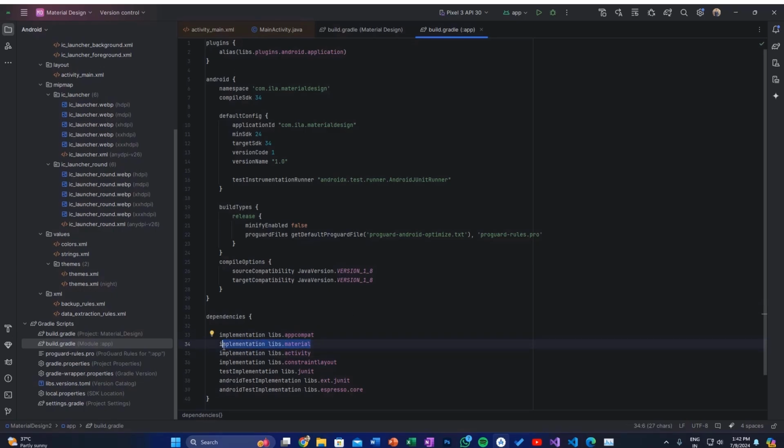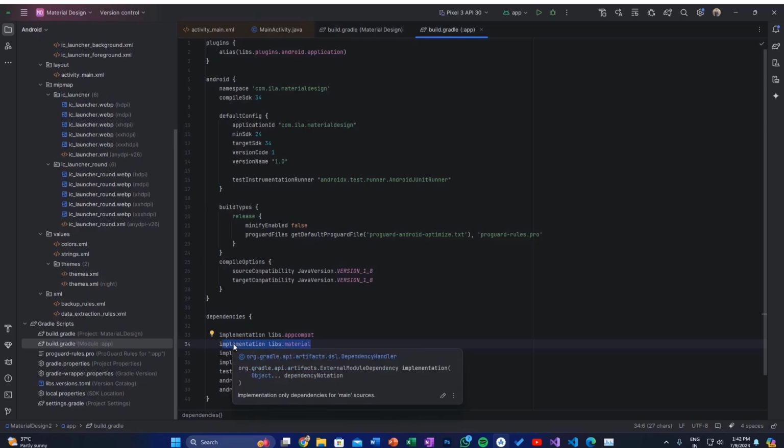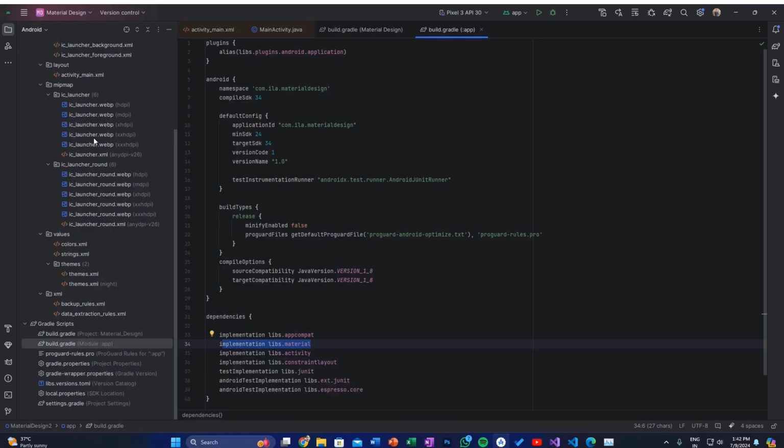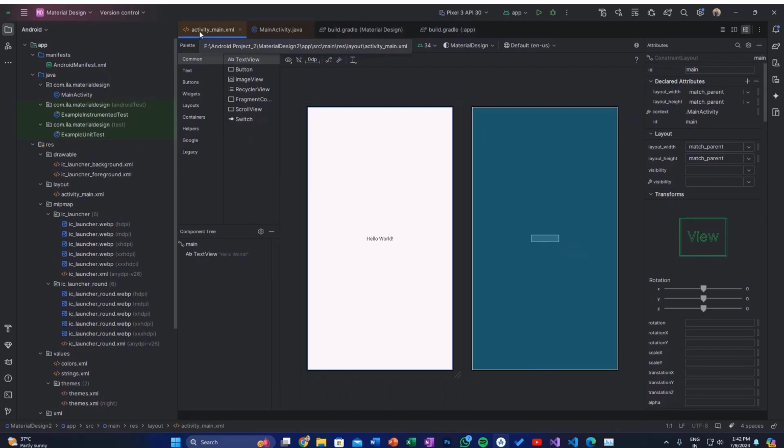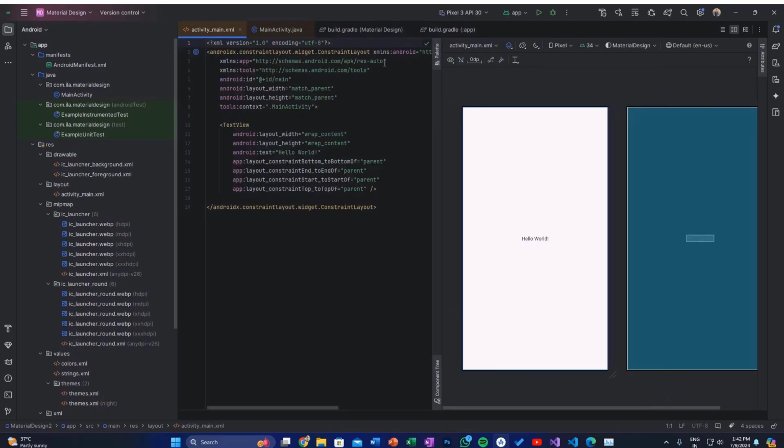So when you create a project in the latest version of Android Studio, you don't have to implement your material design into your Gradle build. It will be implemented by default. So right now I'm going to create a floating action button right within our UI. So here I'm going to first say